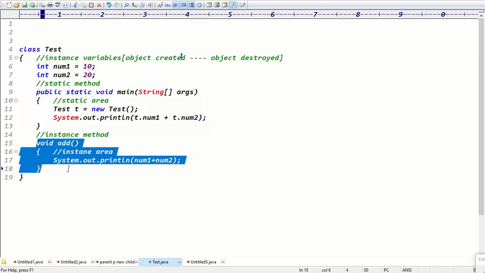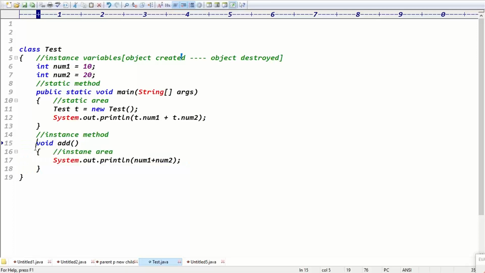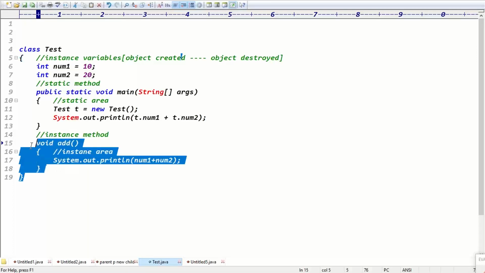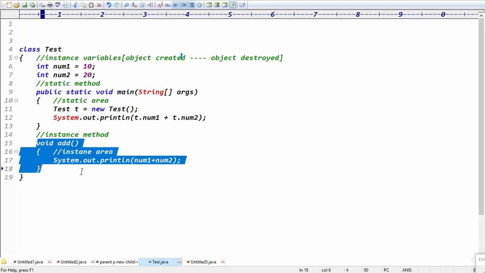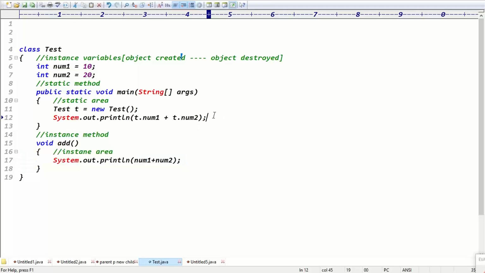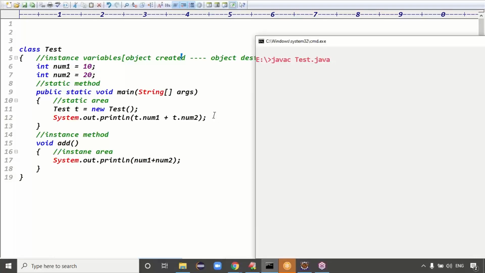What about the add method here? Add is a user-defined method. This is a user-defined method, and this is a user-defined method, and you must call all user-defined methods inside the main method, right? But as of now, I think we did not call the add method in the main method. We didn't call it, so the code is compiled fine, code executed fine. Then 30 is printed how many times? Only once. Guys, 30 is printed how many times? Only once, right? We got 30 as output only one time.